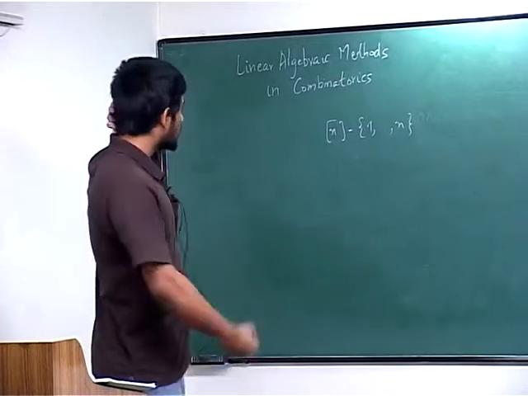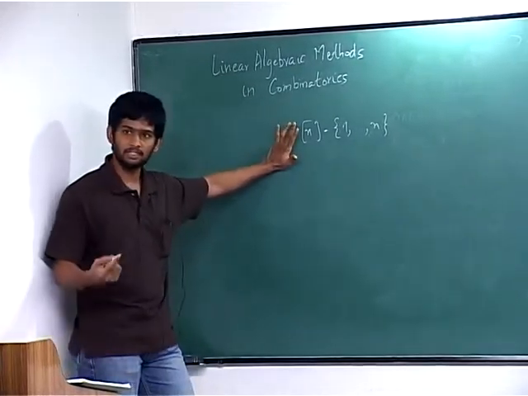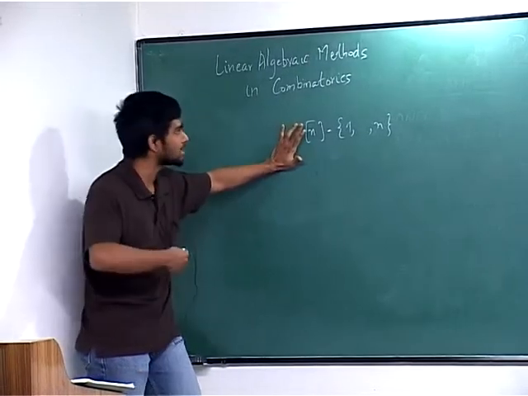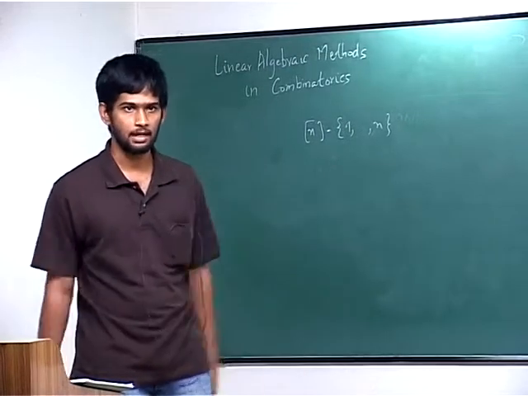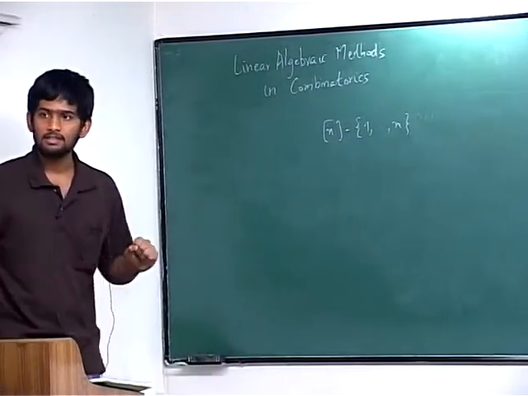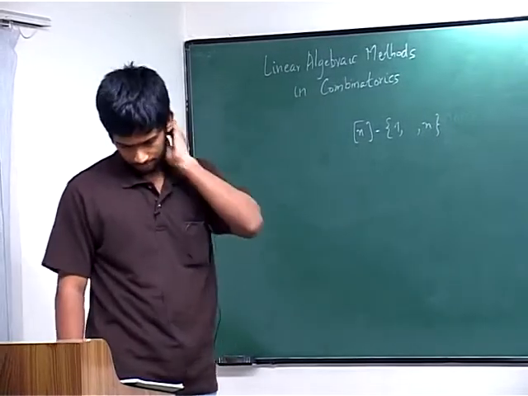So these are the sort of problems which form an area in combinatorics called extremal combinatorics, where basically you're asking such questions. What is the maximum number of sets you can pick which will satisfy a certain property? What is the minimum number you can pick? And we'll be trying to solve some problems of this form using some linear algebra.